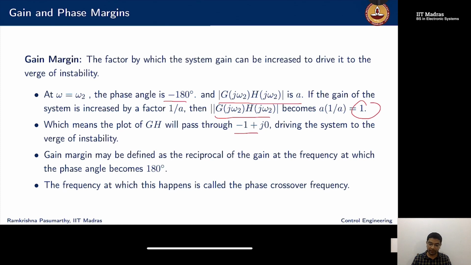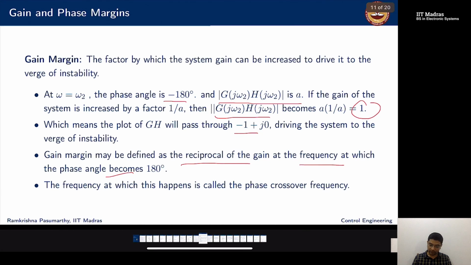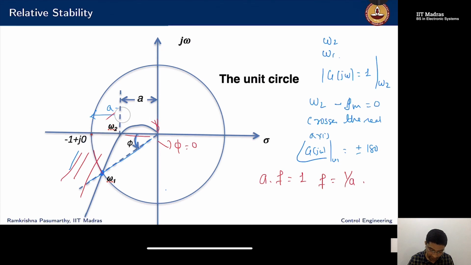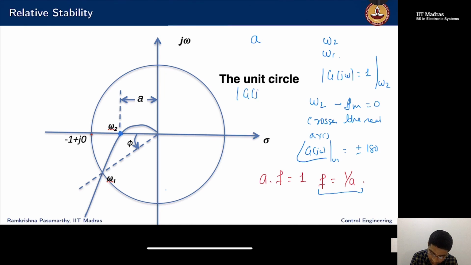So gain margin may be defined now as the reciprocal of the gain at the frequency at which the phase angle becomes 180. Nothing too complicated about that sentence. So we're just writing this down properly, right? So 1 over A, where A is the magnitude of G of j omega at this point, omega 2. This is called the phase